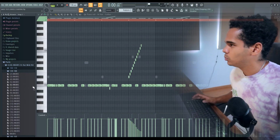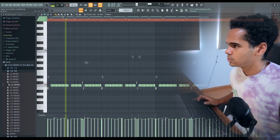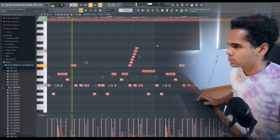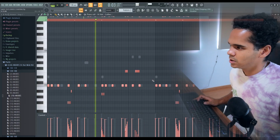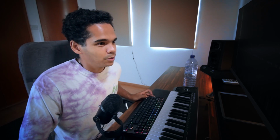So even if you're new to making beats and you want to get some quick, nice, bouncy hi-hat patterns, then I would recommend jumping on this. So yeah, I'm going to go in and pull in one from this range right here. Let's just drag this in. Okay, that's pretty cool. Not for that beat though. It's more of a drill type beat. Oh, this sounds good. Yeah, this is a good one because I've got quite a few things in here that I would do in